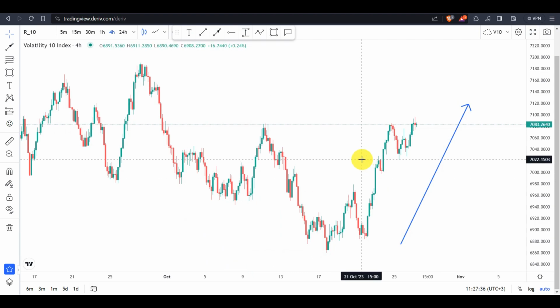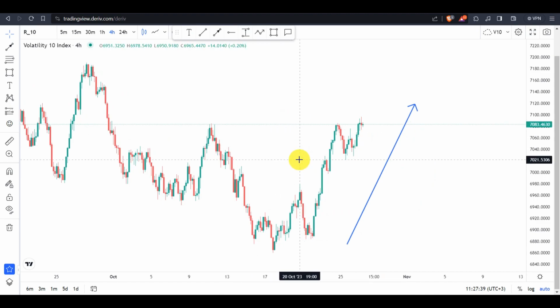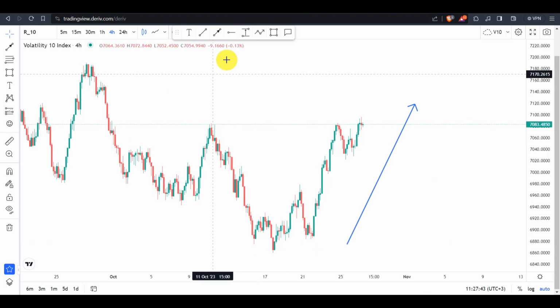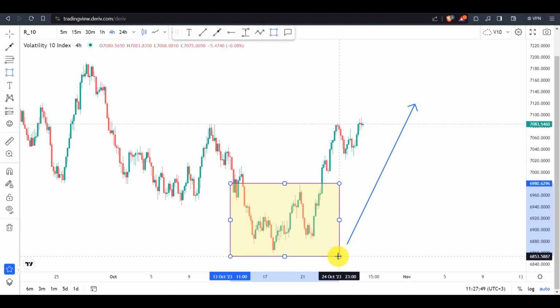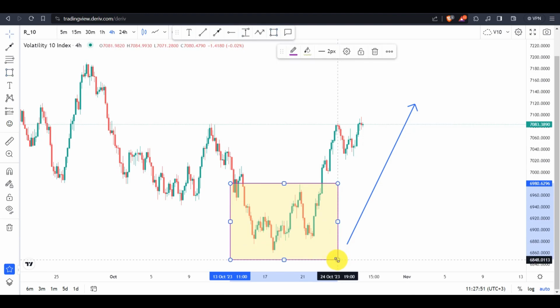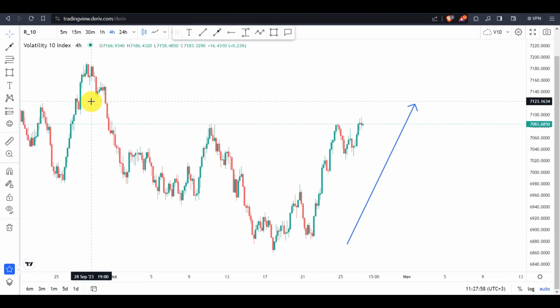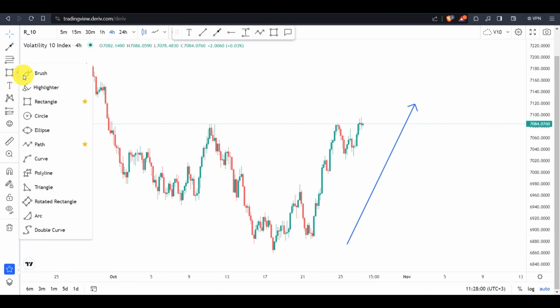Now right here on the volatility index 4-hour time frame, I can say that the market decided to buy this trade because first of all, we have this pattern right here. Now this is a pattern. I want you to tell me what kind of pattern this is. Well, if you said an inverse head and shoulders pattern, you are correct, because we can see right here, let me use that